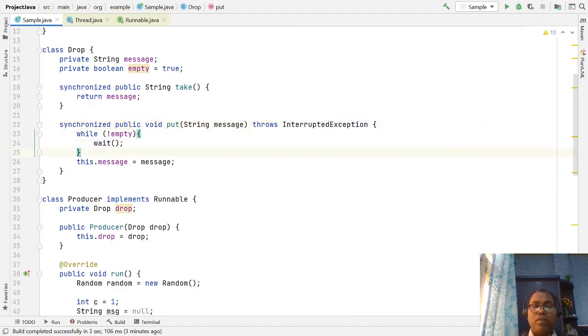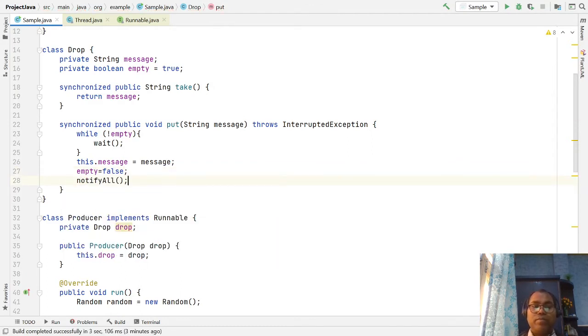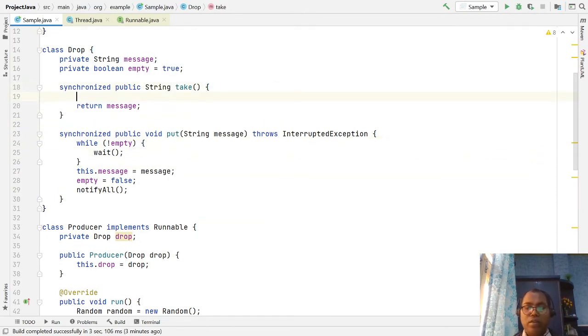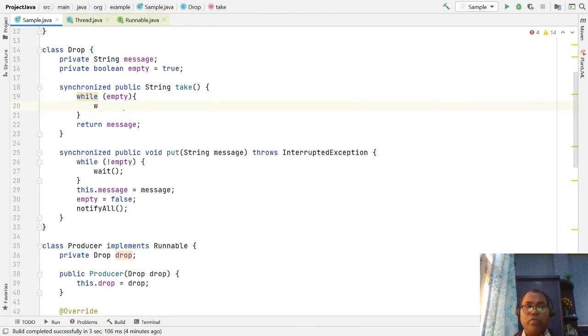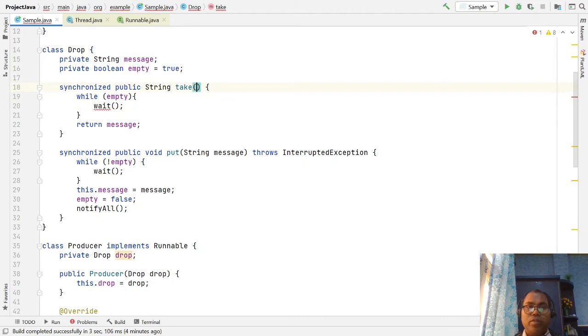Similarly, if it is initially empty, don't wait, come and put the message, and then set our empty equal to false, toggle the value, and just notify. Okay, and here, whenever the consumer tries to take, if empty, there is no message, then you have to wait, throws InterruptedException.